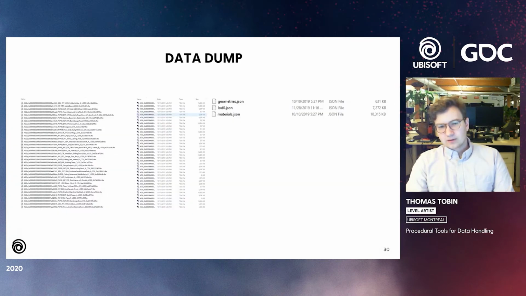Now, you also get the entire map dumped as textures and 3 JSONs. Now, we use these 3 JSONs to basically use them as Lego instructions to reconstruct all of that map data. For example, geometry says this is where these props are located, so we can exactly know where all the instances are in the map. LOD 0 says, hey, I am this prop, this is where my LODs are located,